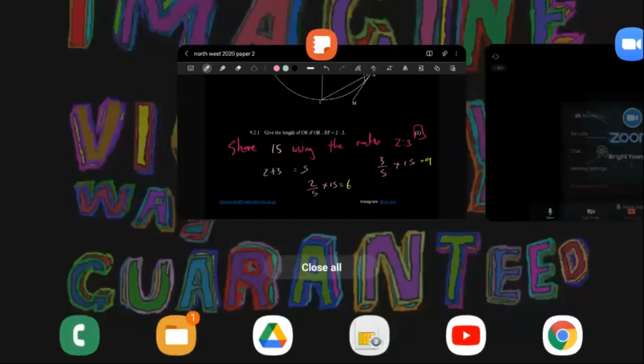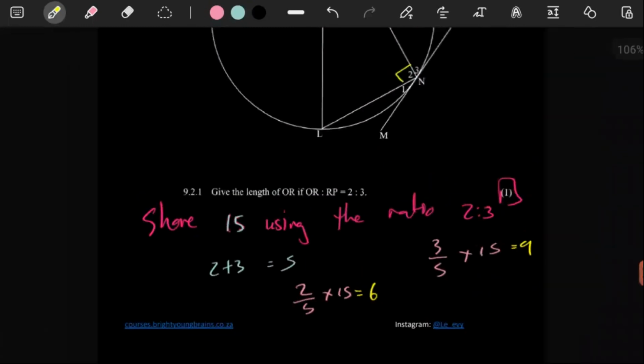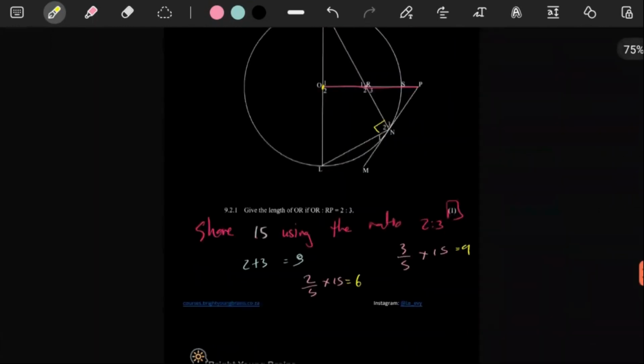Anyways. So if you see the 9 and the 6 there, those definitely add up to 15, you see. And that's the idea with the ratios. And that's how it works even with the proportionality theorem and everything. It's just a matter of adding up what you have. And then the 2, you divide by the 5. The 3, you divide by the 5. So you have 6 and